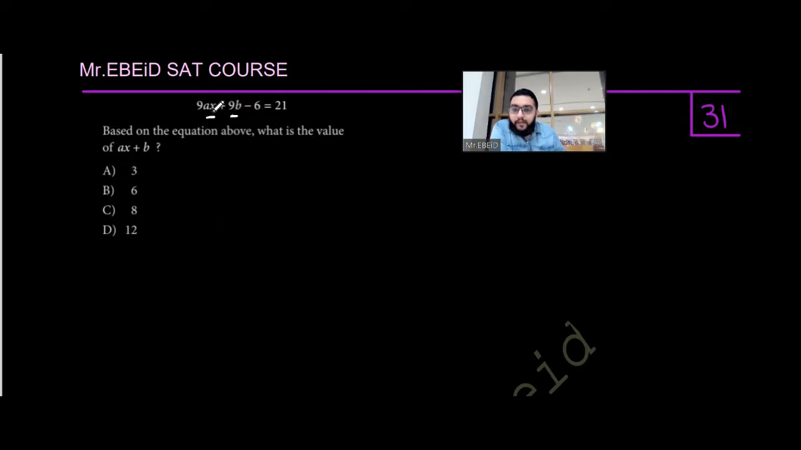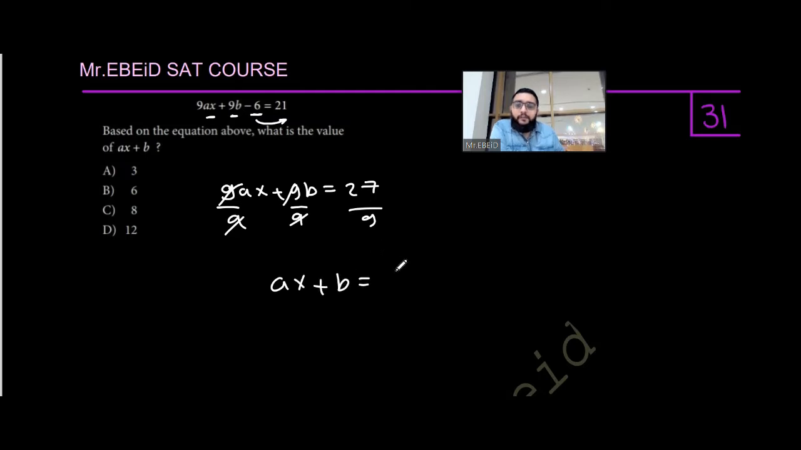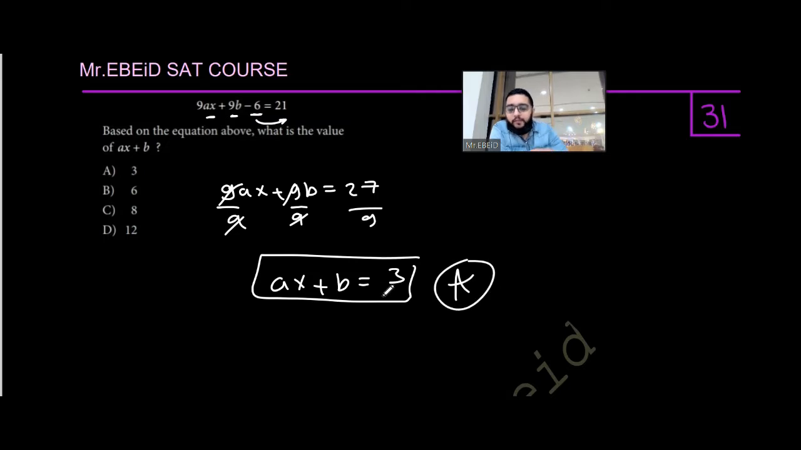That means we will take 9 as a common factor, but before that we have to move negative 6 from the left hand side to the right hand side with the opposite sign. So it will be 9ax plus 9b, which equals 21 plus 6, which equals 27. Taking 9 as a common factor, we divide all sides by 9. So we have ax plus b, which equals 27 divided by 9, which equals 3. So the answer is